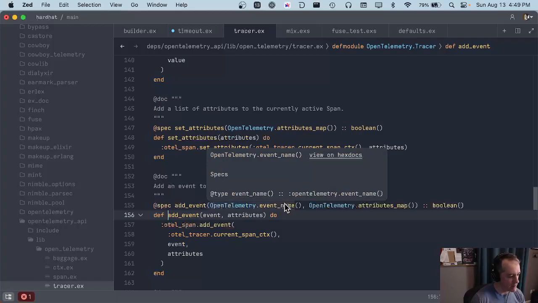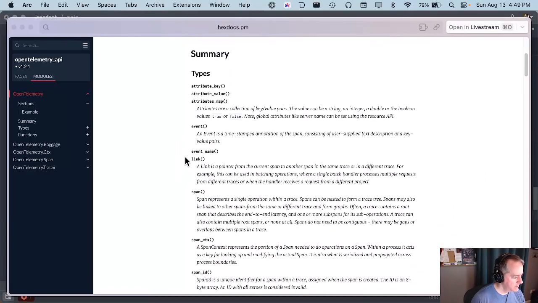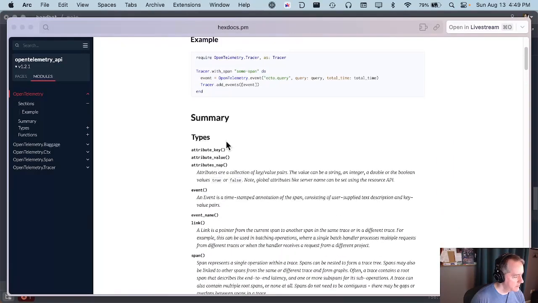It's an event name. Okay, so it's just like a string. And then you can pass arbitrary attributes, right? Okay, we'll probably use an